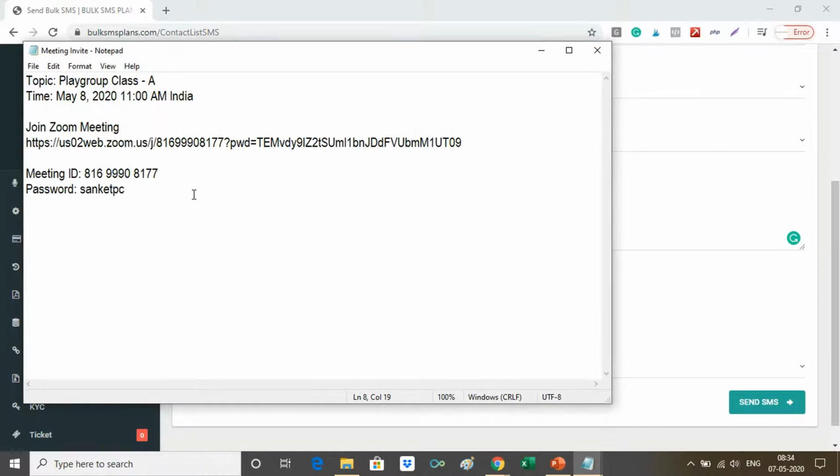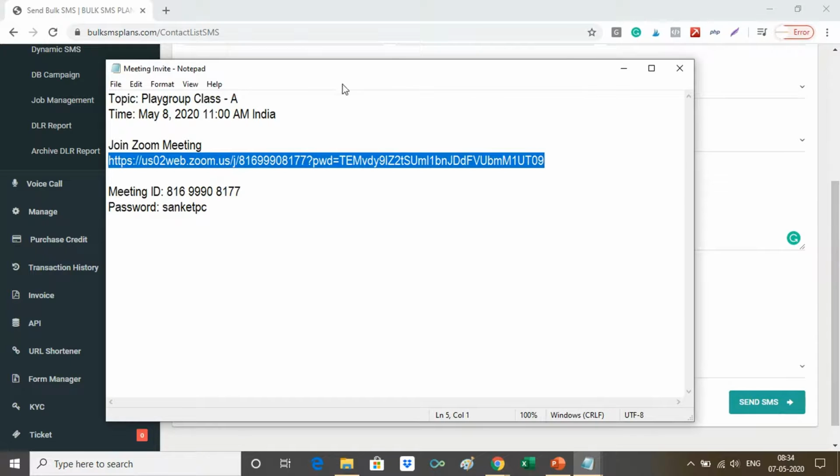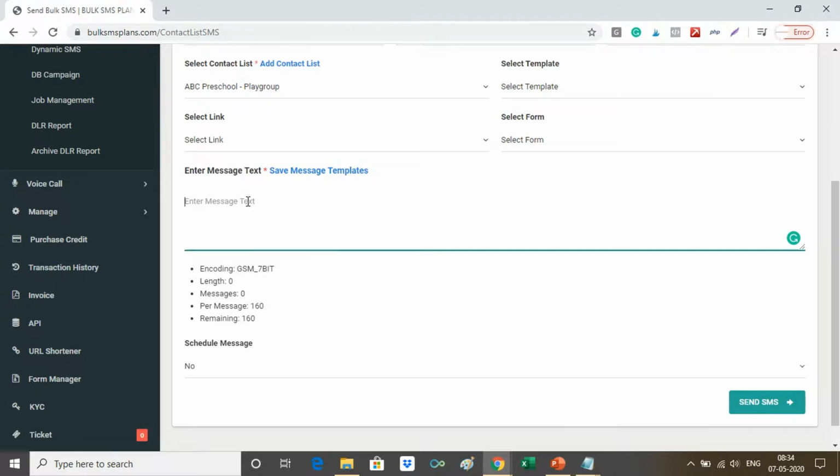Now, before we copy paste this link, this is going to be a very big link, and it will take up most of your characters, because when you send an SMS, 1 credit is used when you send around 160 characters.